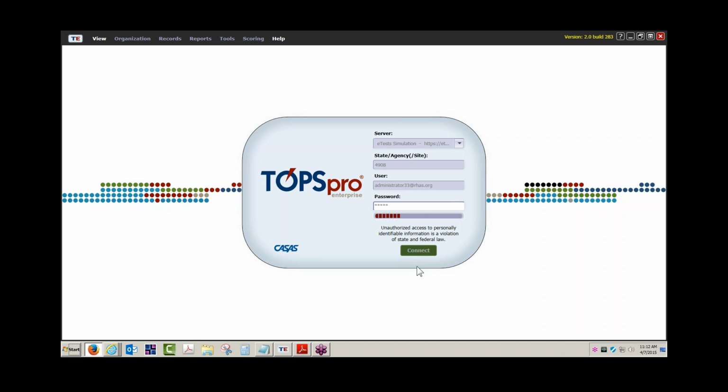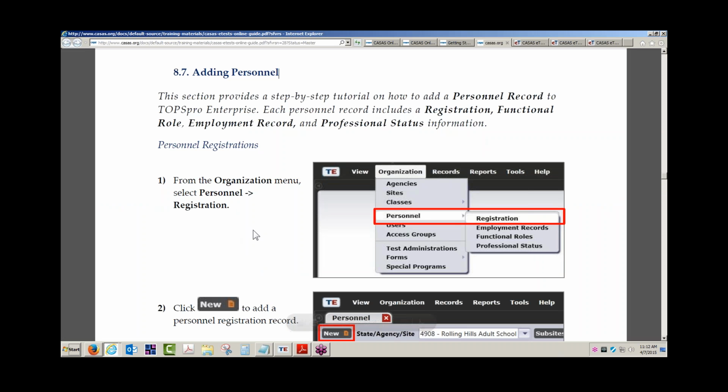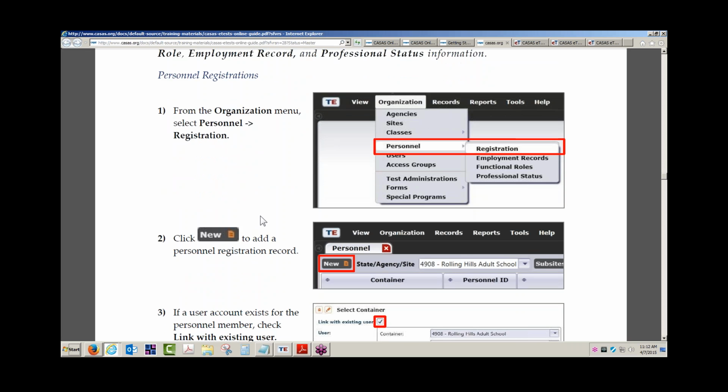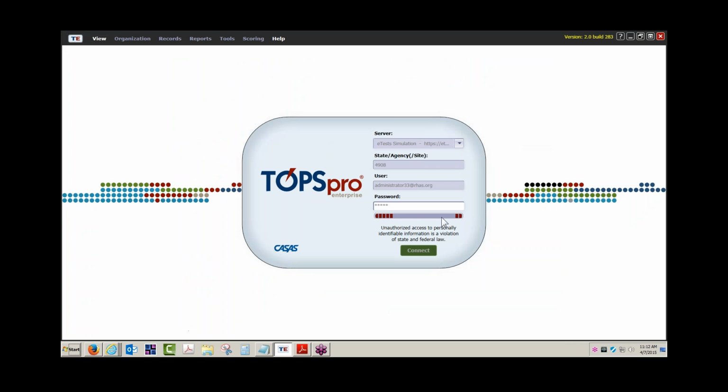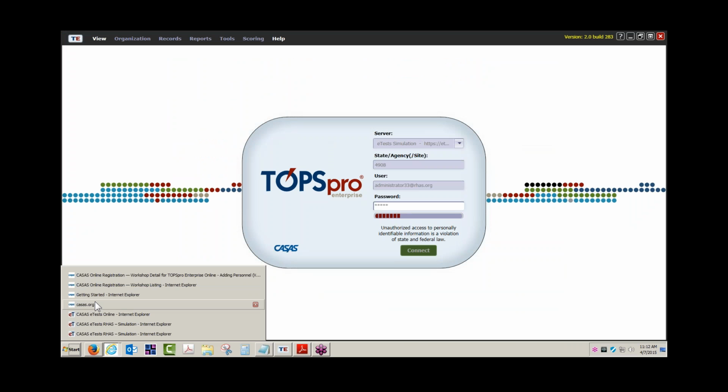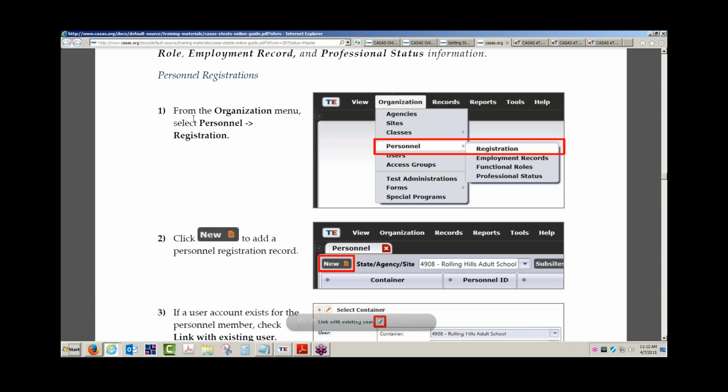All right, folks, I don't want to waste your time, so what I'm going to do is pop over to the CASAS test document here and explain this document to show the linkage between user accounts and the personnel registration. What I would otherwise demonstrate live in the Enterprise application, which we still cannot connect to, I'll keep popping back to see if we can connect, is that from the organization menu that you see here at the top,